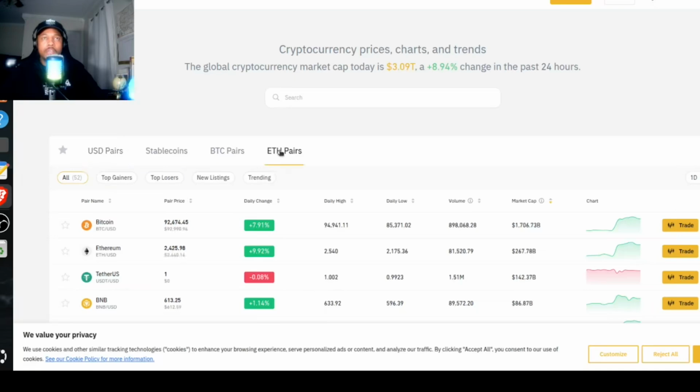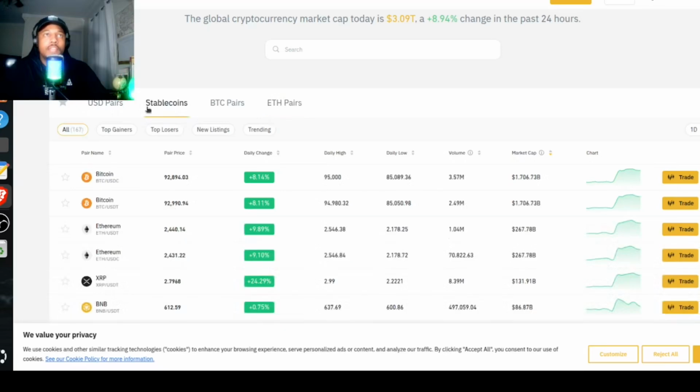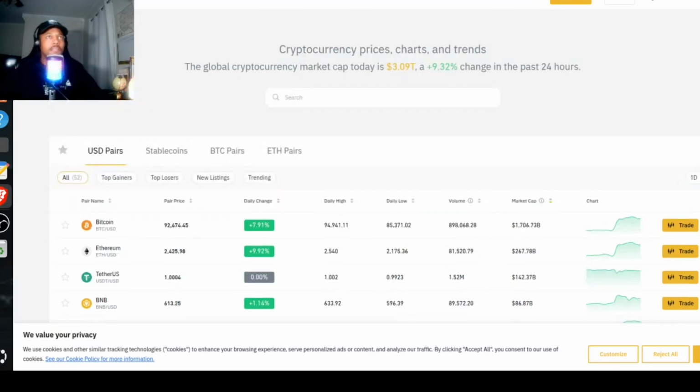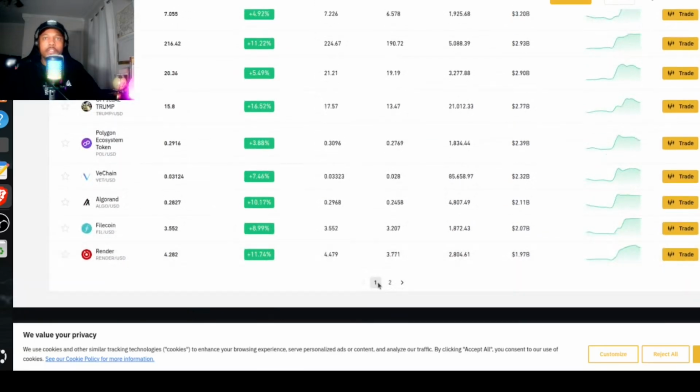Then you also have the Ethereum pairs, same thing. You're able to buy Solana, Cardano, and Polygon using your Ethereum. Let's talk about stablecoins. Stablecoins are pegged to the dollar. So you would have USDC, which is USD Coin, and USDT, or USD Tether. This is Binance.us, and you have a full list of cryptocurrencies that you can trade here in the United